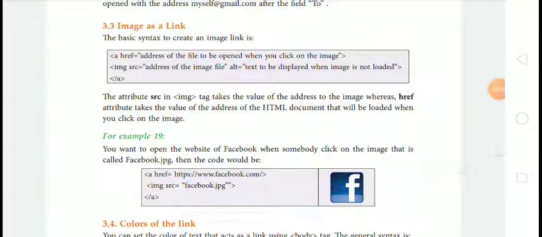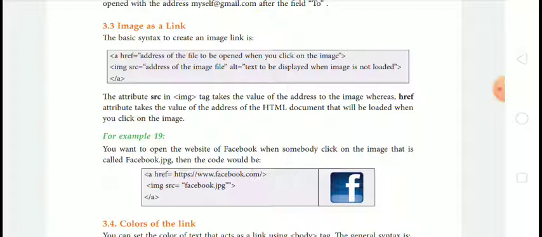Image as a link. The basic syntax to create an image link is: a href equal to the address of the file to be opened when you click on the image, img src equal to the address of the image file, then alt equal to the text to be displayed when the image is not loaded, then close the anchor tag.